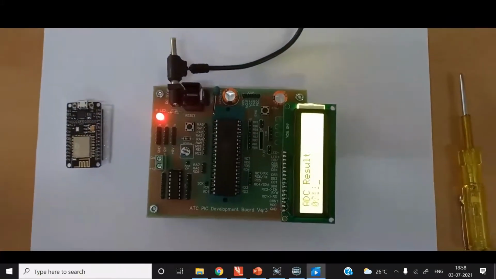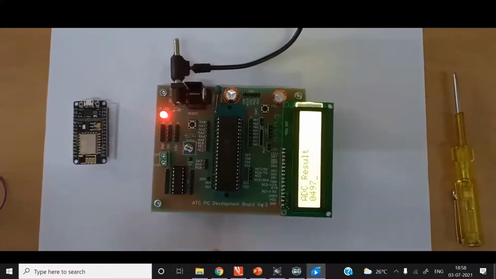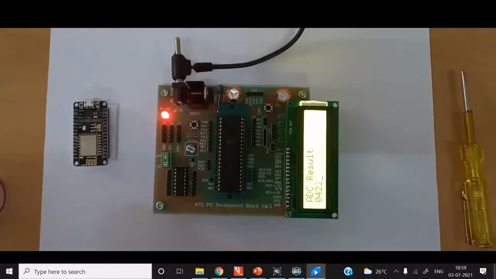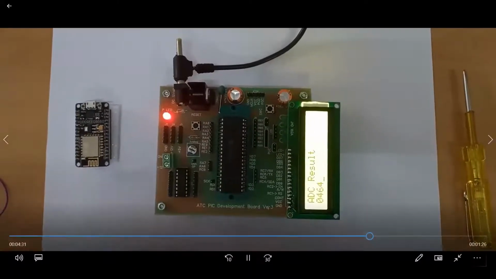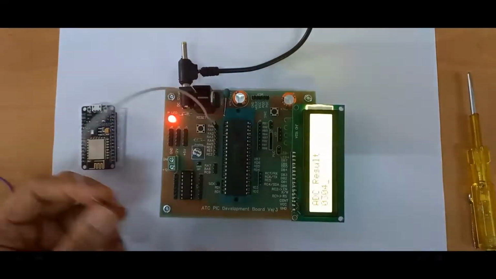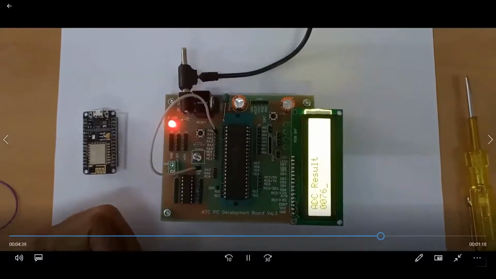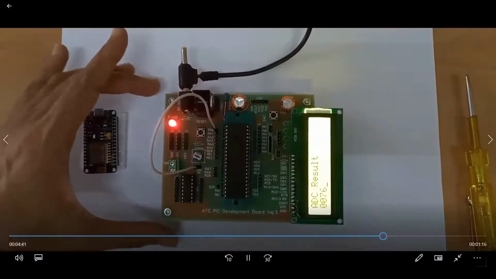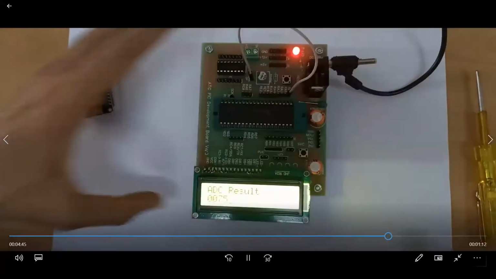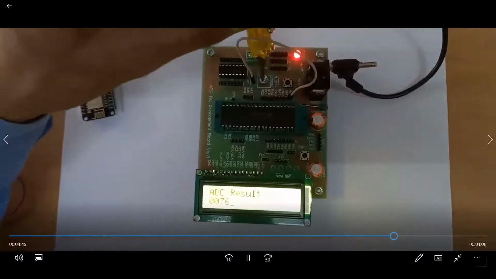Now this development board is powered on. Here code is written for analog to digital conversion. Analog signal on RA0 port pin is digitized and displayed on the display. So what I need to do is, I must connect analog 0 pin to output of this streamer port. What is the digital value here? Digital value is 75.